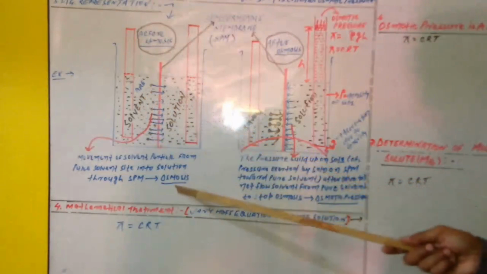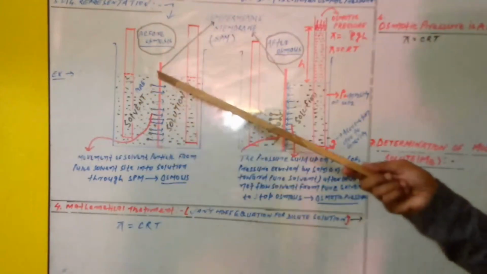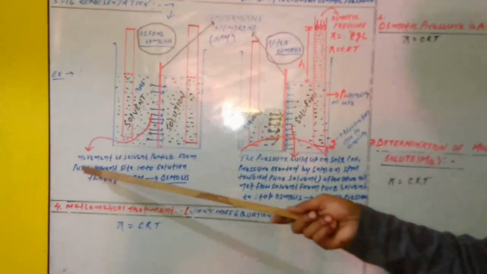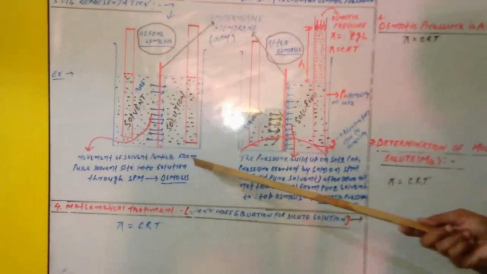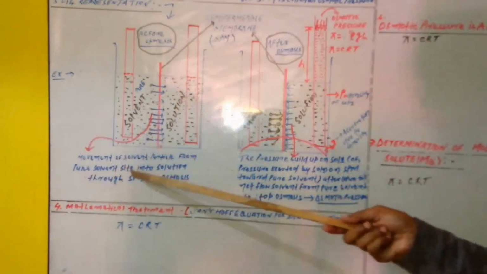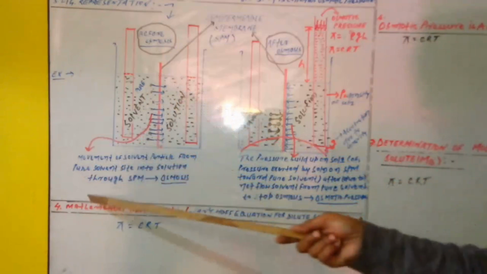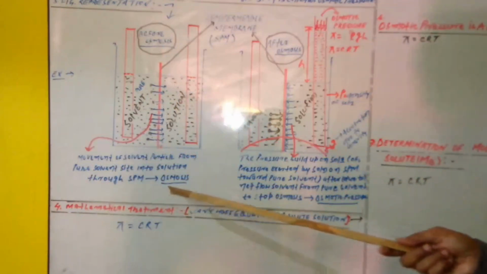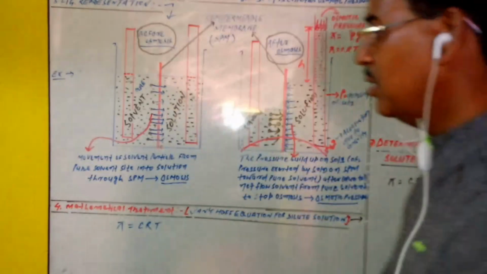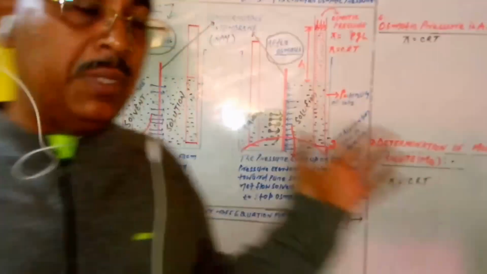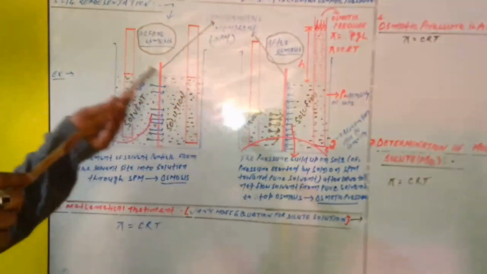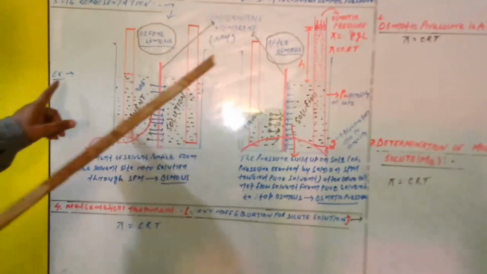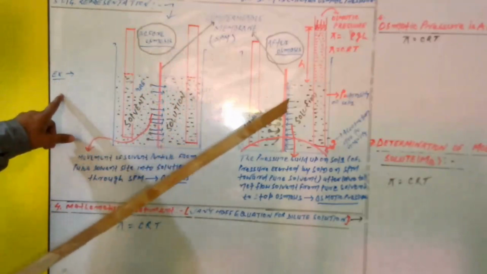This movement of solvent particles from the pure solvent side into the solution is given the name osmosis. We also wrote below the figure: movement of solvent particles from the pure solvent side into the solution through a semi-permeable membrane is known as osmosis. So this is the concept of osmosis. You must remember it on the basis of the figure diagram. For example, more easily,